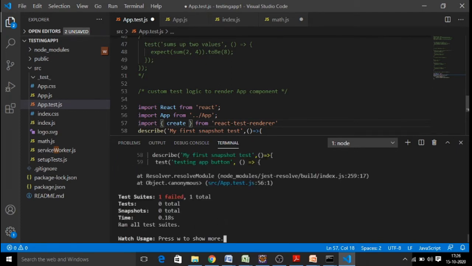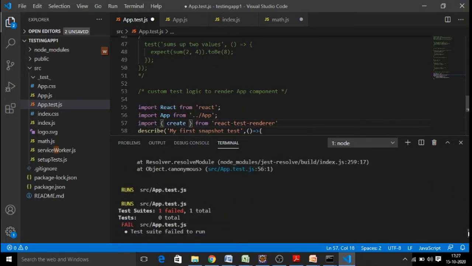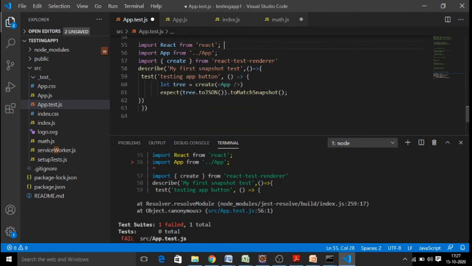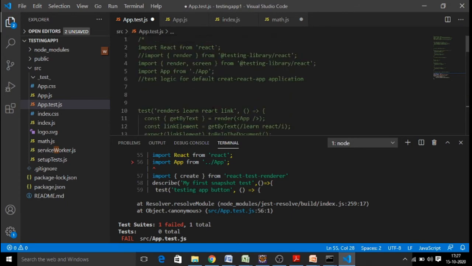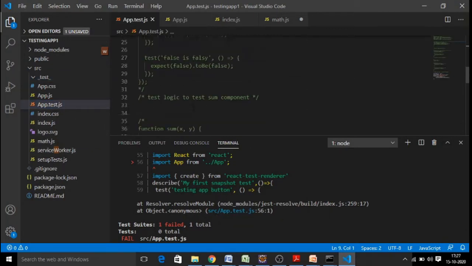Now it is going to say your test case has failed, because of the import of app. So we import app, save it, and here the app.test.js.